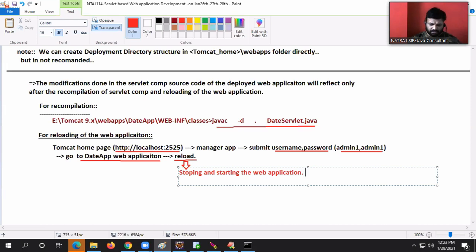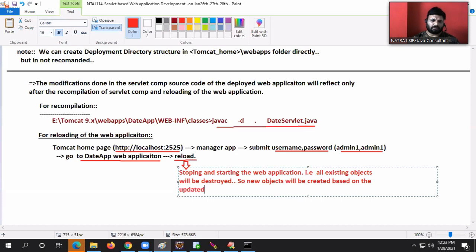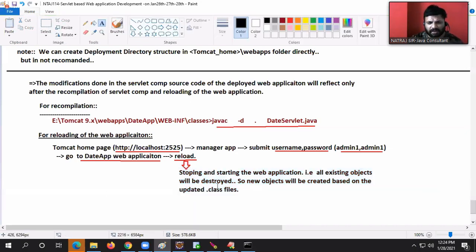That means all existing objects will be destroyed, so new objects will be created based on the updated .class files. Mr. Vinay Kumar, what I have explained matches what I have typed here. I think you got it, guys.